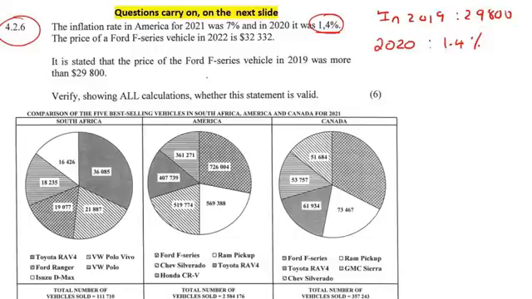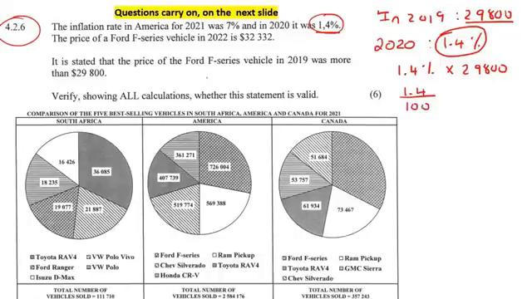So there's lots of different fancy formulas that teachers show, but I like to keep it basic. So I'm just going to work out what 1.4% of that amount is. So 1.4% multiplied by 29,800. Now, you can type it with a percentage sign on your calculator, but if you want to change it away from a percentage, then you would say 1.4 over 100. So you can choose either to do it like that or like that. And if you work that out, you get